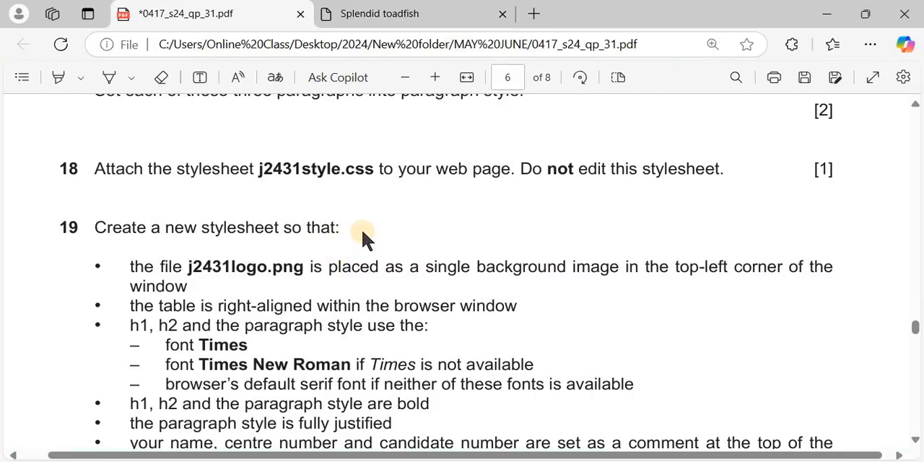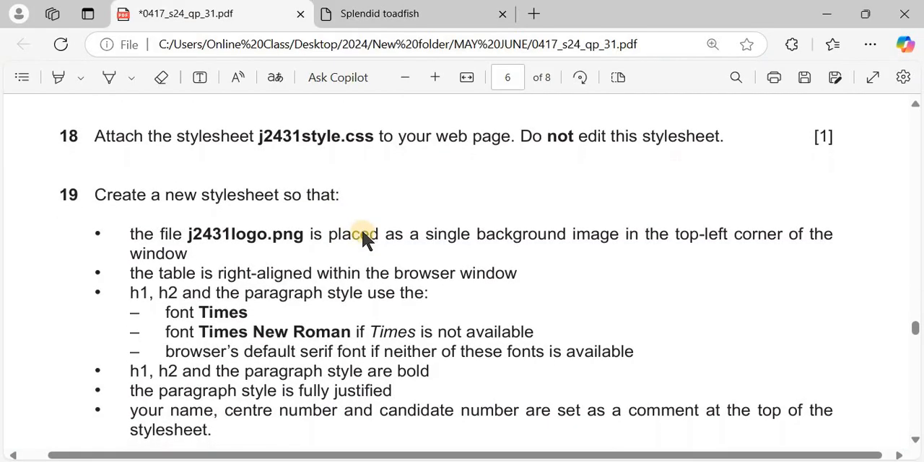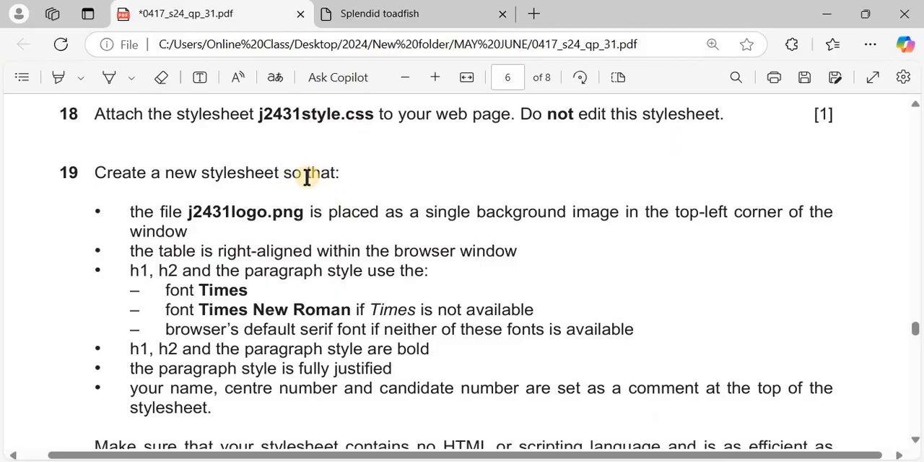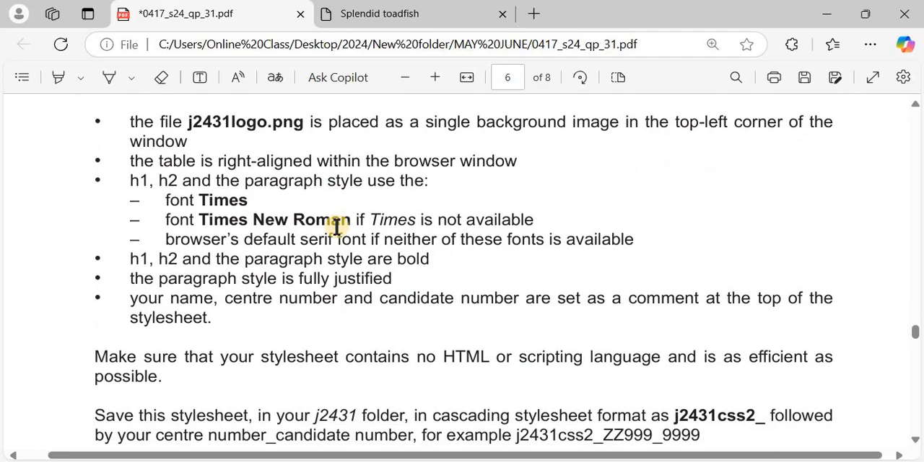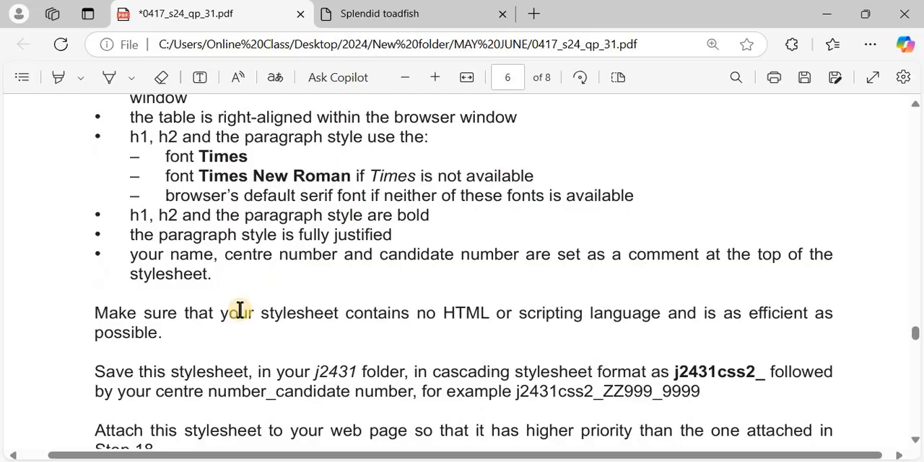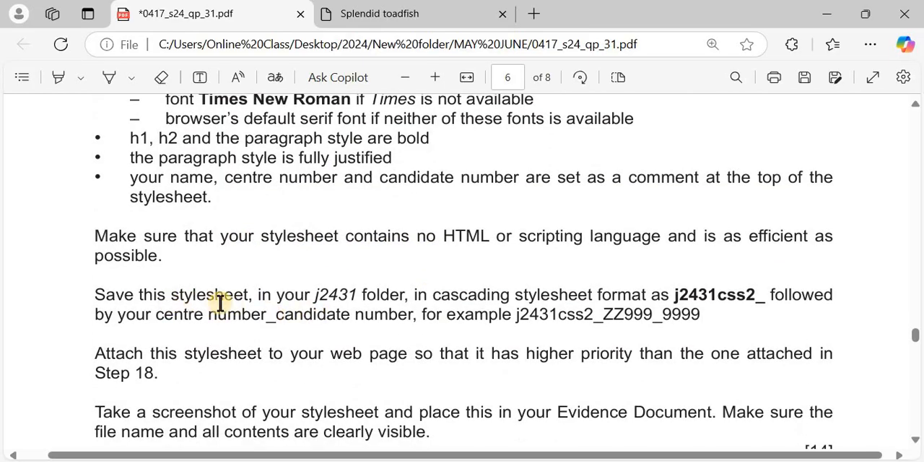It says, create a new style sheet. So we are creating a new style sheet, so just before we pick the content, let's take a look at the name of the style sheet we are creating. Make sure that the style is created with no HTML. Save the style sheet in your folder, in cascading style sheet format, followed by your center number,